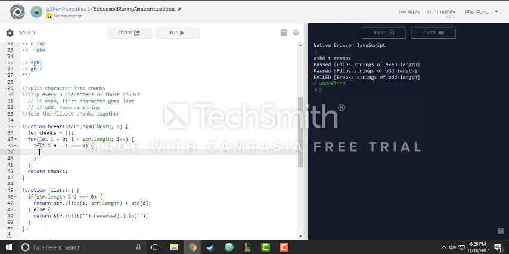So, for every letter, check to see if it is divisible by that. And then if I is divisible by n,